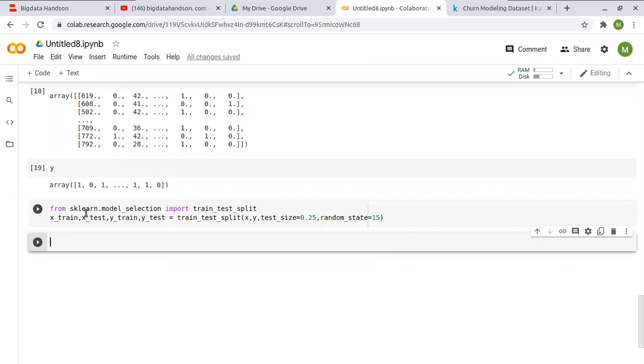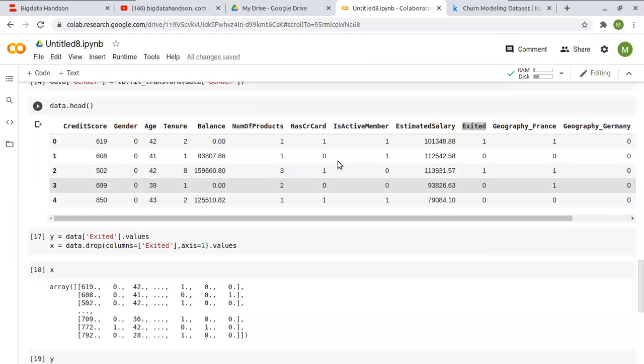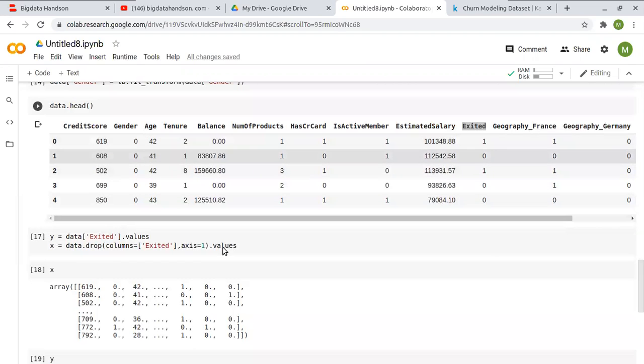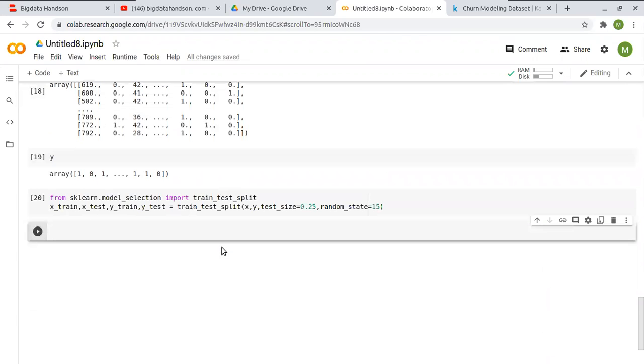After getting the training and testing datasets, you can see the scale of the features is not the same for every feature, right? So you have to standardize the scale.